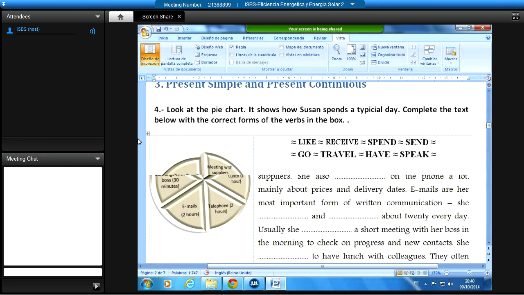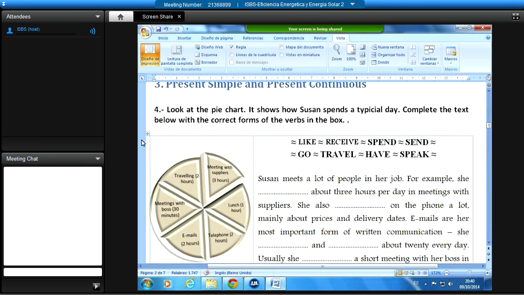Look at the pie chart. Look, this is the pie chart. You know what a chart is? A chart. A diagram, yes, a diagram, a graph. And a pie? Oh, yes, it's like American pie or apple pie. So this has the form of a pie. It's called a pie chart, a diagram with the form of a pie or a cake. There's also the word cake in English.